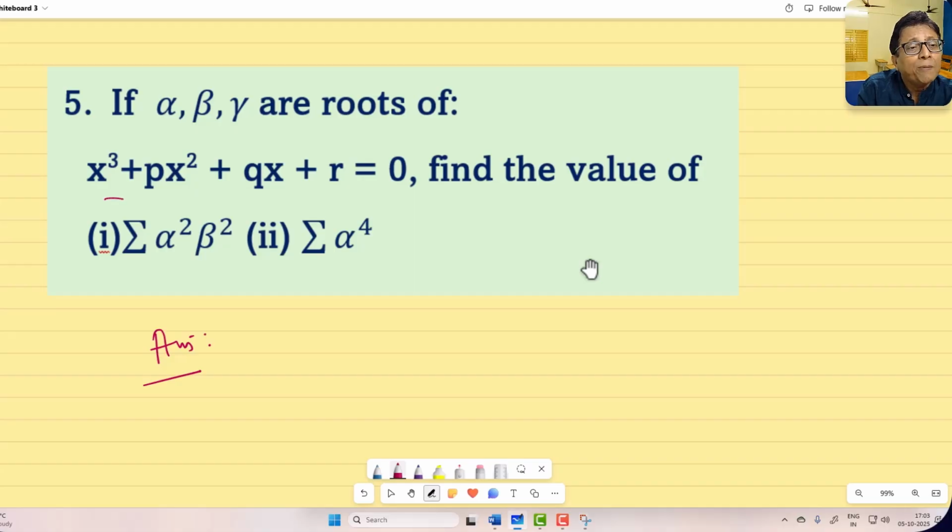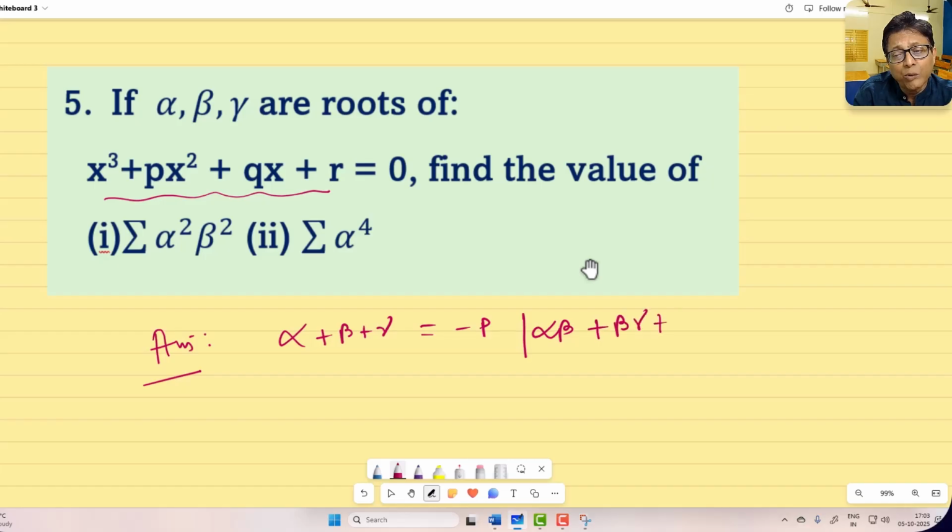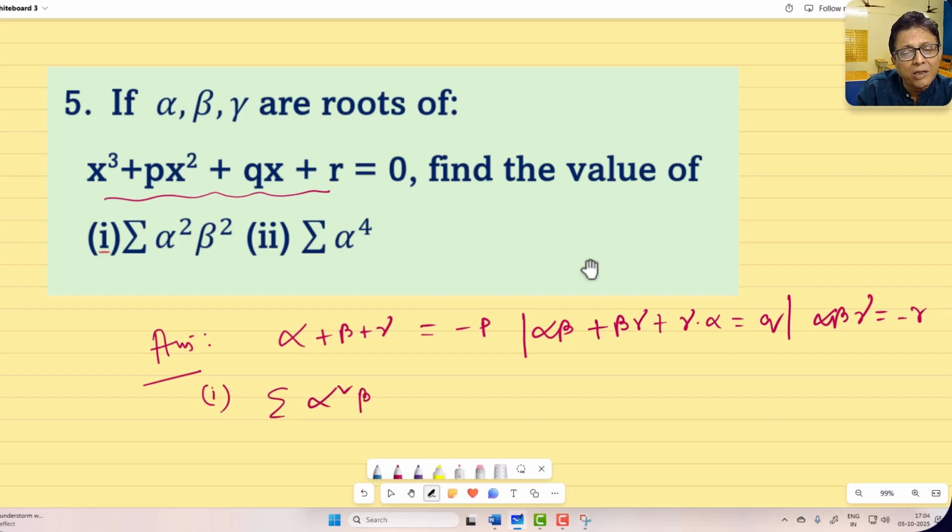Here, alpha, beta, gamma are the roots of this equation. So the sum is minus p. Alpha beta, beta gamma, gamma alpha taken two at a time is q. And alpha beta gamma equal to minus r. For the first part, that alpha square beta square, this is what? Summation will go on these three symbols only. So this will be